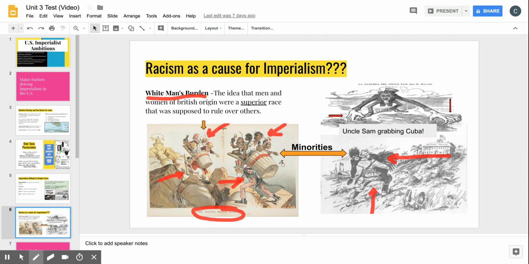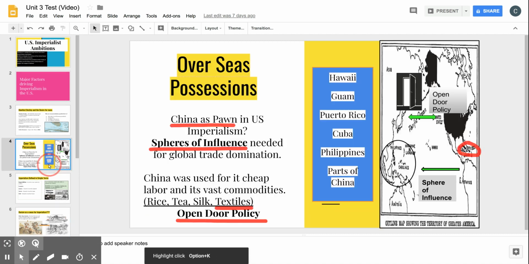So this is very important. These are some of the cartoons that you might see. And you have to be able to identify maybe who this person is, this Teddy Roosevelt, and understand what this has to do with anything in imperialism. And the Spanish-American War also ties in nicely with this. So if we go back here,